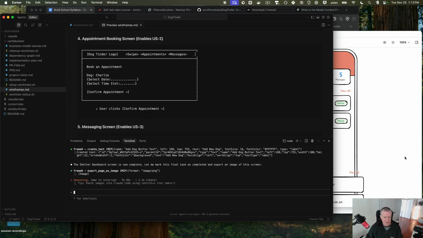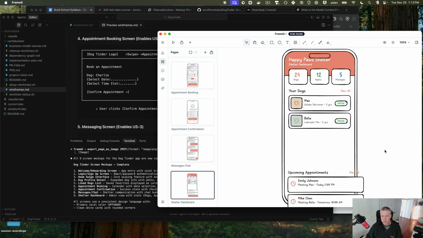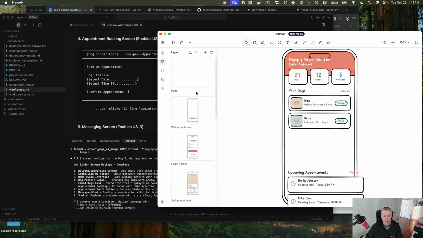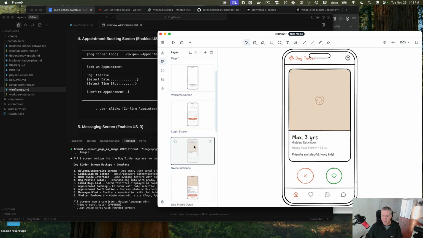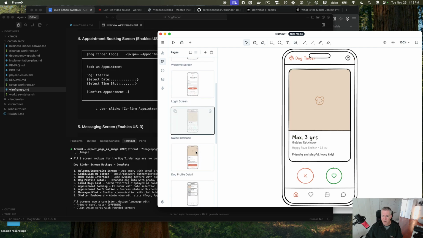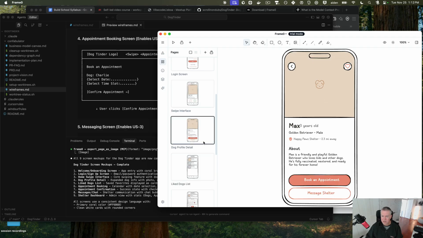Okay, so it's finishing up now. It looks like it's done. It's done all 9 screens. Let's take a look at them here. Let's go through. Okay, pretty simple. Login screen. The dog, just looking at a dog profile. Looks like,